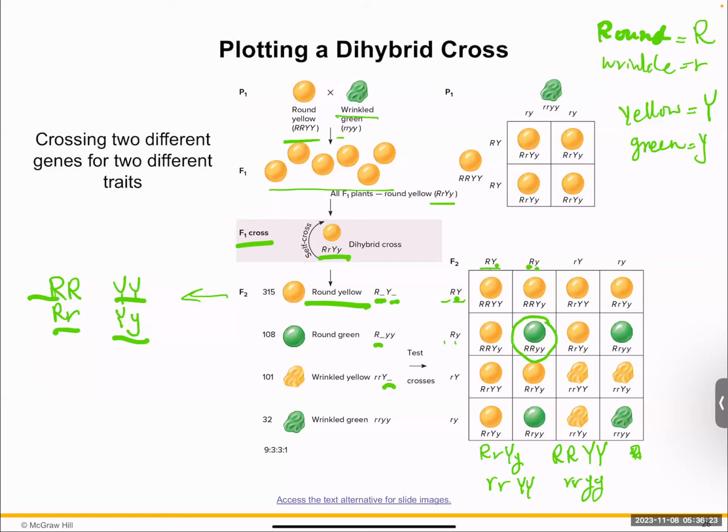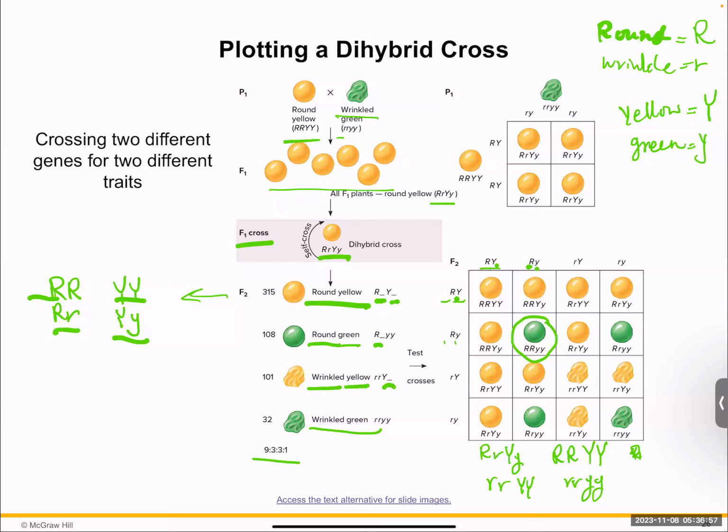So this one is round, which means I get the dominant trait, but the color is recessive. You can have recessive for the shape of the pea, and then dominant for the color, and then all recessive, homozygous recessive all across. So the trait is basically going to be a ratio of 9 to 3 to 3 to 1 for the phenotype,